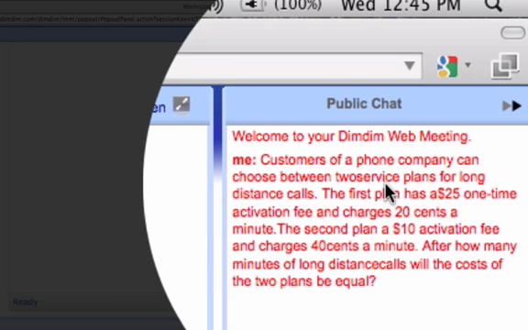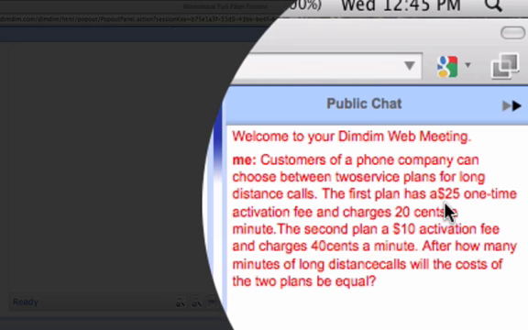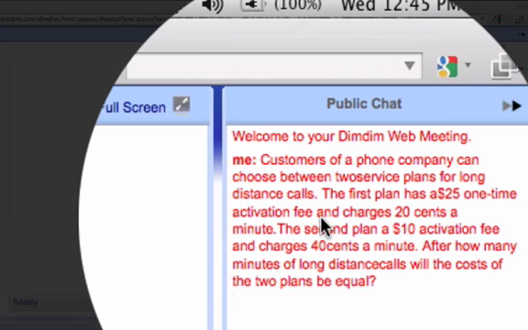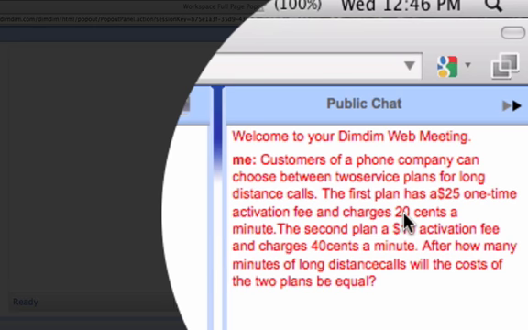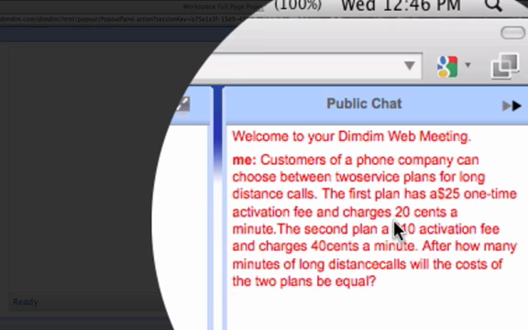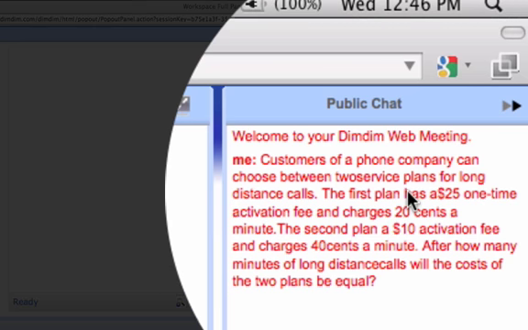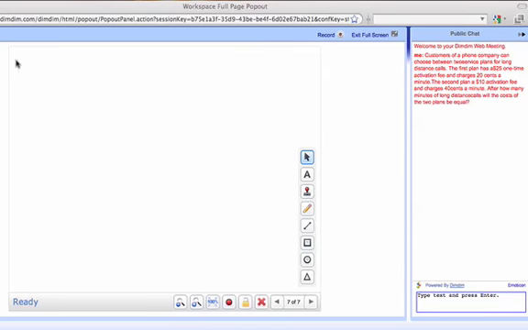So here the first plan has a $25 one-time activation fee, so that's your constant cost. And then this part will change, 20 cents per minute. Okay, so you can set up your equation. We're going to call this the cost for phone plan 1, that's going to be C sub 1, equal to the constant cost, 25,